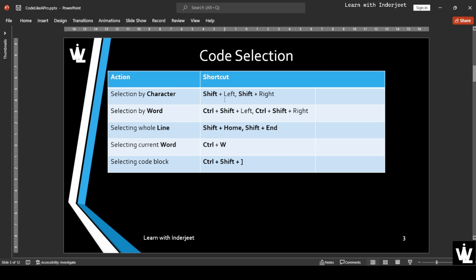We'll be looking at left right arrow keys along with a combination of shift, control shift, home and end keys with shift, control plus W to select the current word, and control plus shift plus closing square bracket to select different code blocks. So let's go to Visual Studio,